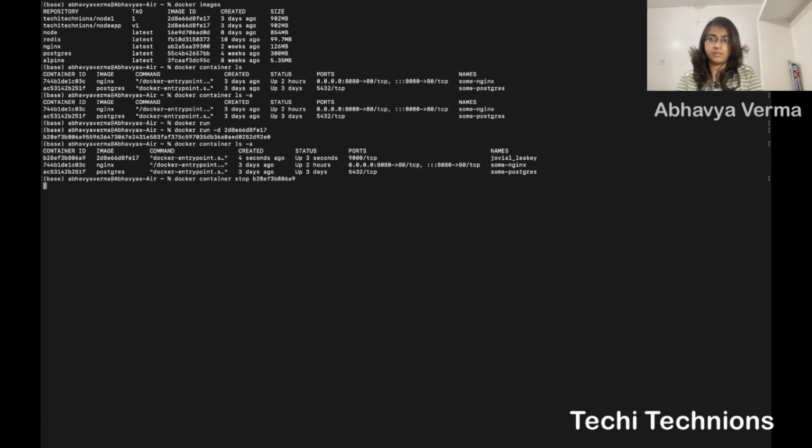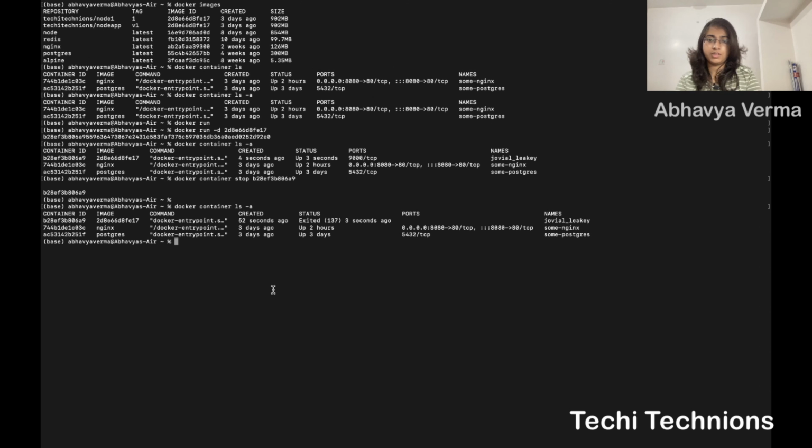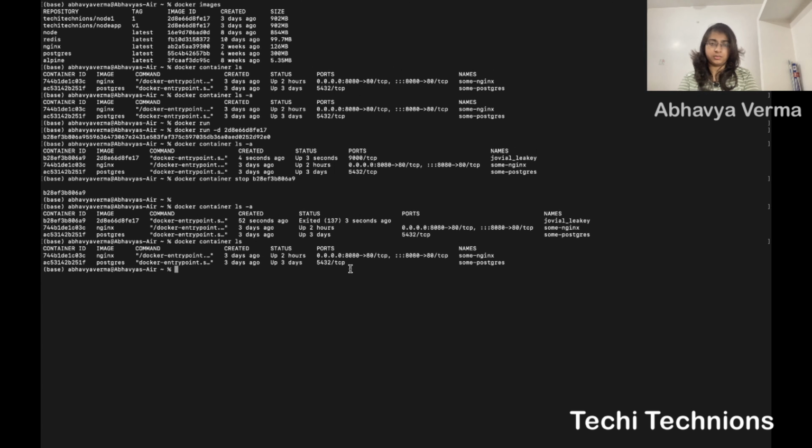So this container will be stopped now. Yeah, it is stopped. So if I give ls -a, you can see this container has exited, but it is already shown here. But if you give only ls, you will only see the list of running containers.